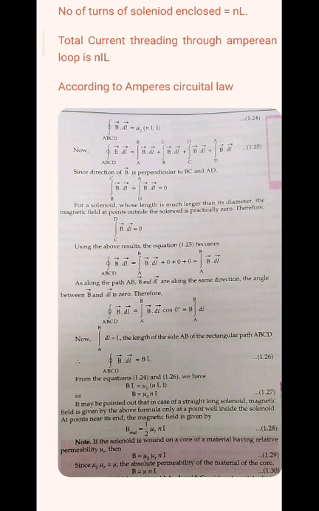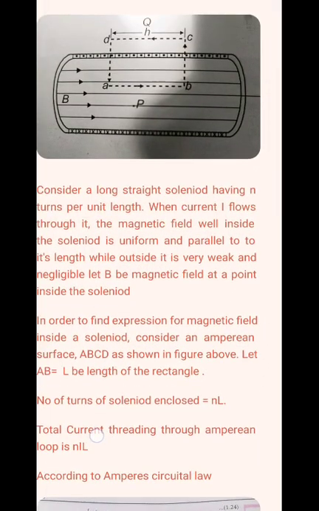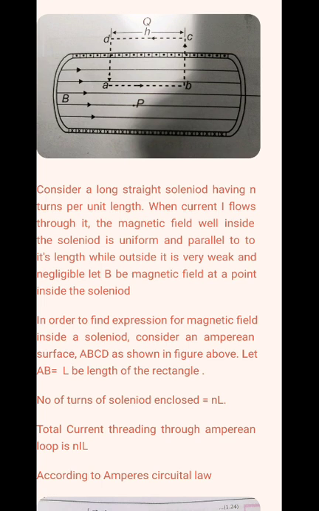Now the direction of B, the magnetic field, is towards the left, whereas the direction of the loop current element